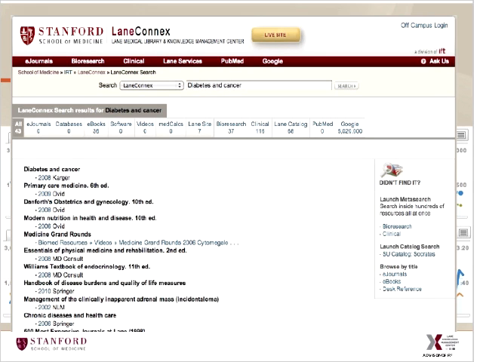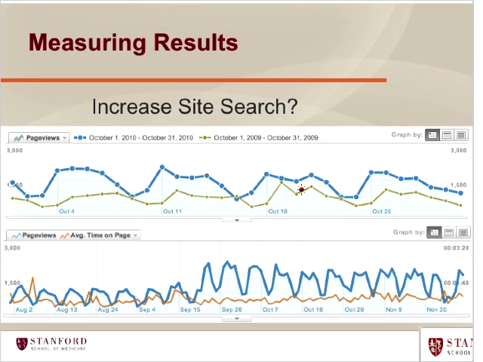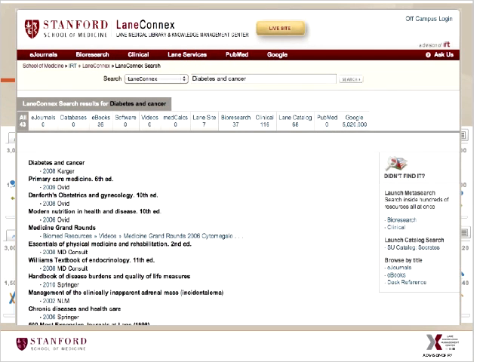Okay. If you look at the one that's not on the screen, you'll see the first three results are diabetes and cancer, primary care medicine. And you'll see on the new one, on the screen, diabetes and cancer is the first one, and then there's a bunch of other stuff. Let me test this program. Here we go. So way down on the